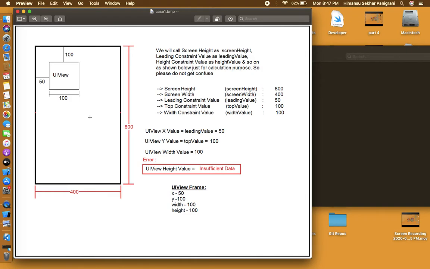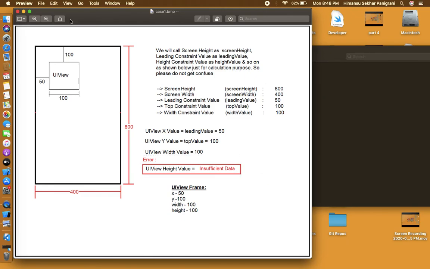Fine. Now how can you find whether your layout is perfect or not? While adding the constants, you can see these lines in Xcode on the screen. If these are red, then you can know that based on the constants you have applied, it is not able to calculate everything. That is why it is red in color. If it is blue, then you can know that it was able to calculate and now it's perfect. So here you can see UIView height insufficient data, so that is why we cannot calculate. So that's what it means.